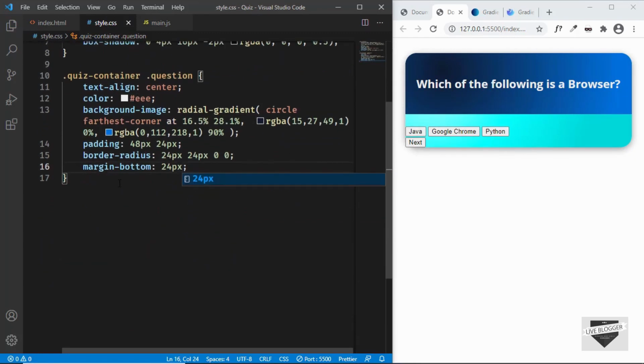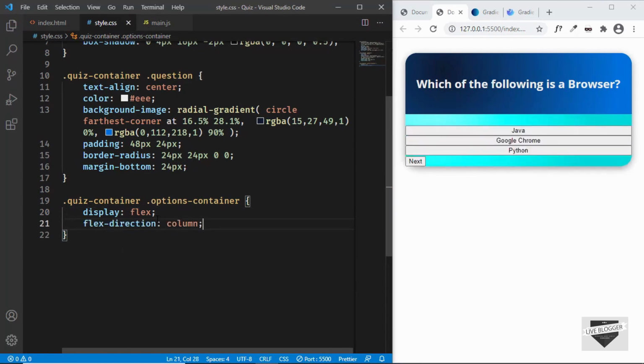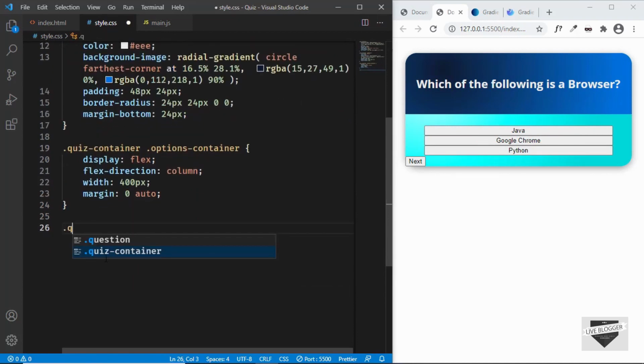Right now let's target the options container. So we'll type quiz container options container. Right now for the options container, we'll set the display to flex and the flex direction to column, and let's set the width to 400 pixels, and we'll center it by typing margin 0 auto. Now let's target each of the options individually. So quiz container option,